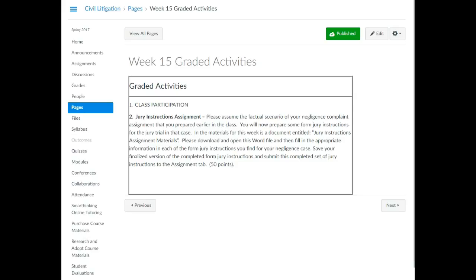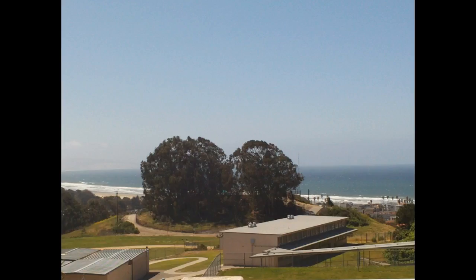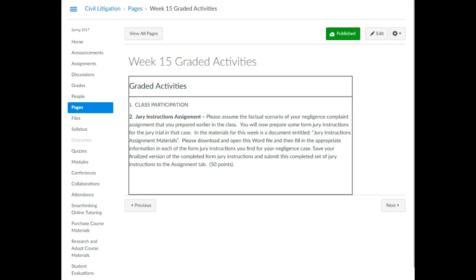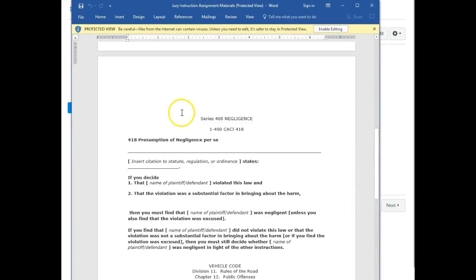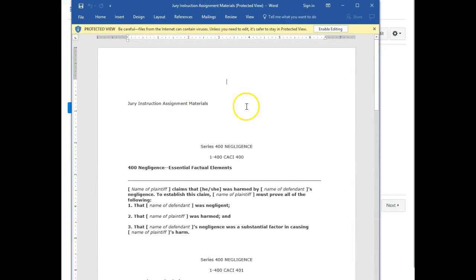Now let me give you exactly what it is that we're talking about when it comes to the jury instruction. I want to bring it right over here for you to see. Now, if you download the document, what you're going to see is this. This is the Jury Instruction Assignment Materials. And what it has is